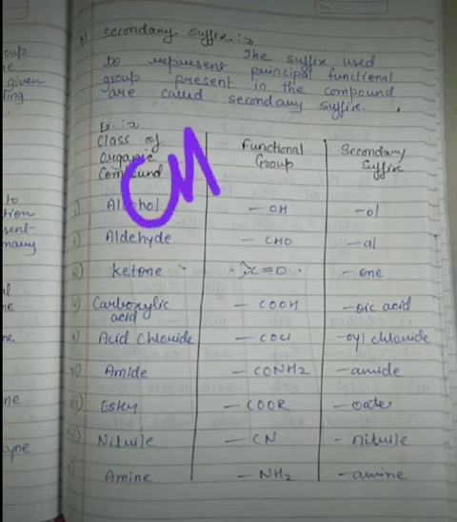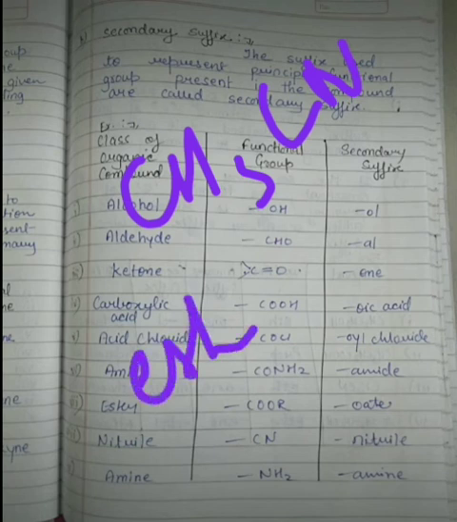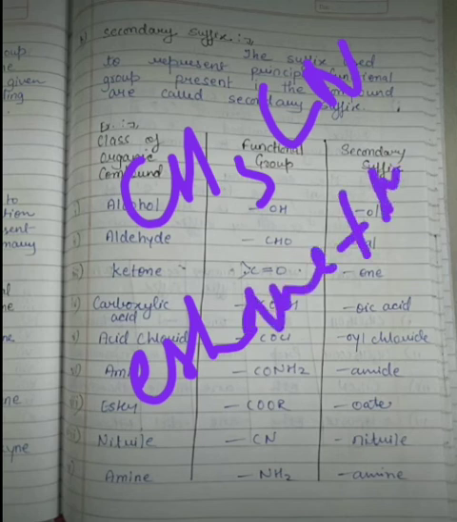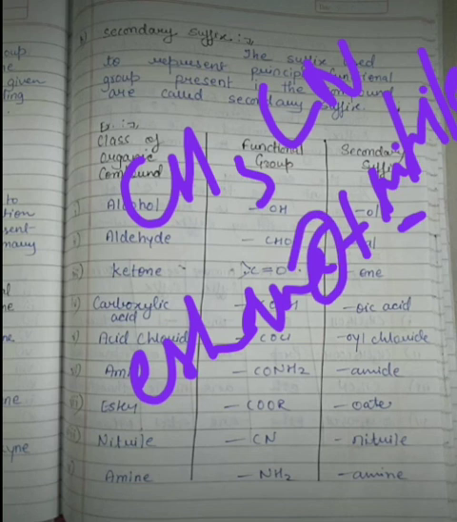So suppose this is a compound CH3CN. Okay, and here as there are 2 carbon atoms, eth will be used. Okay, and there is a single bond, so ane will be used, and for CN the word nitrile is used. Okay, so as this begins with the consonant n, e will not be replaced, so for this the name will be ethanenitrile.